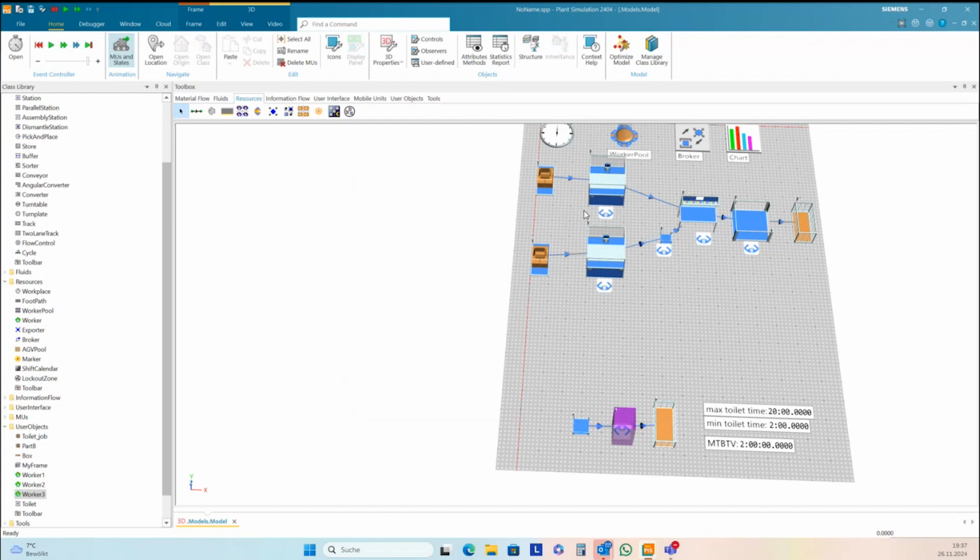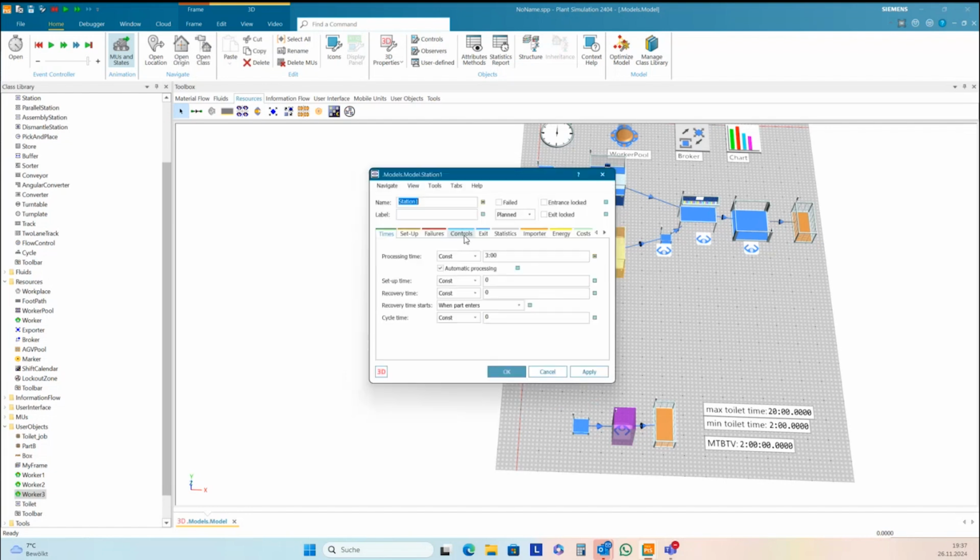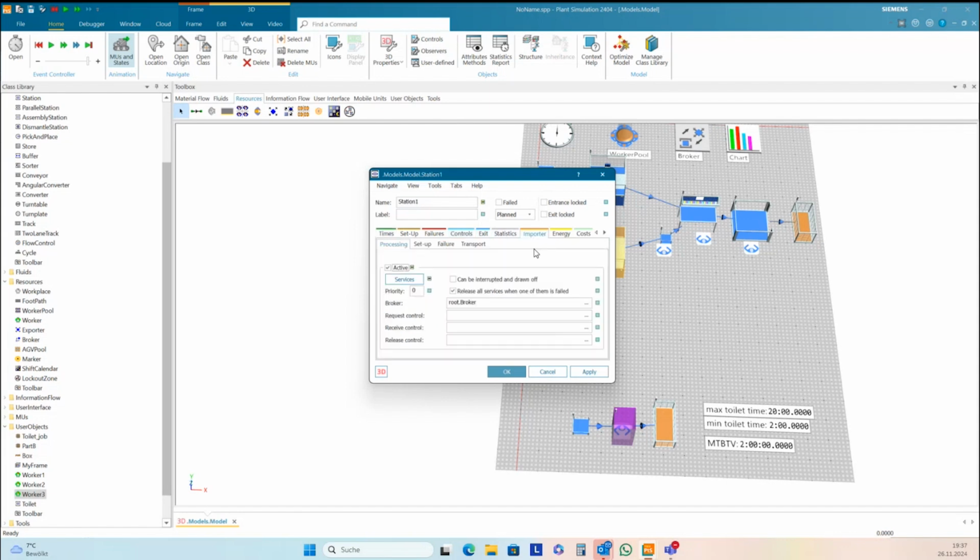And then we can decide if we want to finish the job here, if there's a new random job for the worker, or if we want to interrupt the old job. This is what I have shown you at the start.